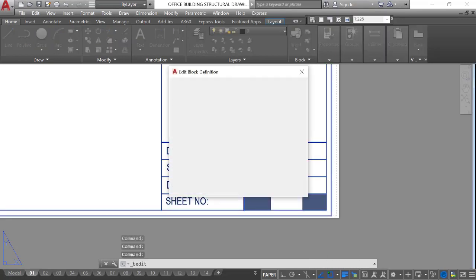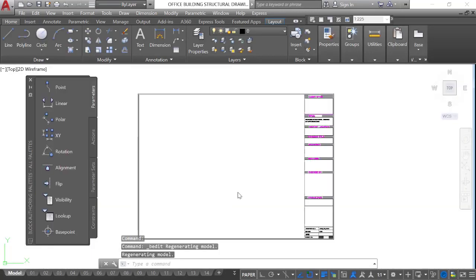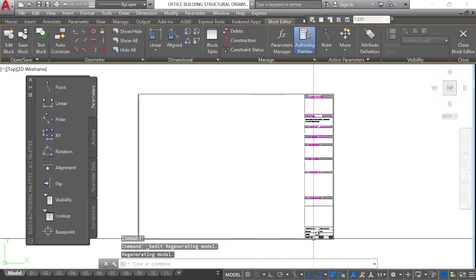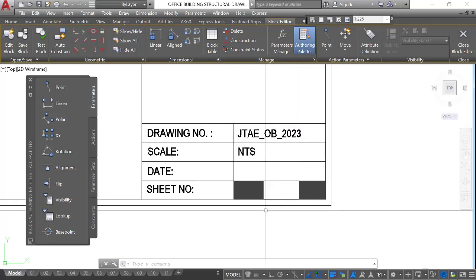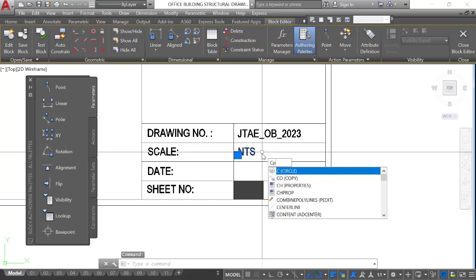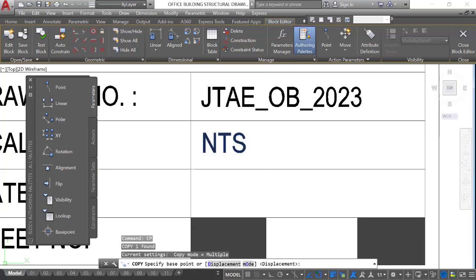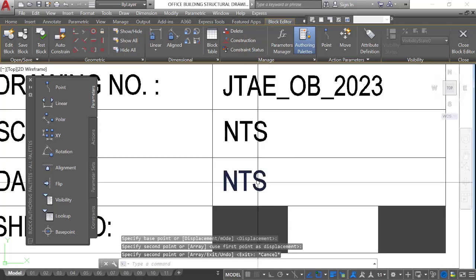Now double click on the block editor, press OK. Write any text or copy any kind of text. I copied the text into the date box.